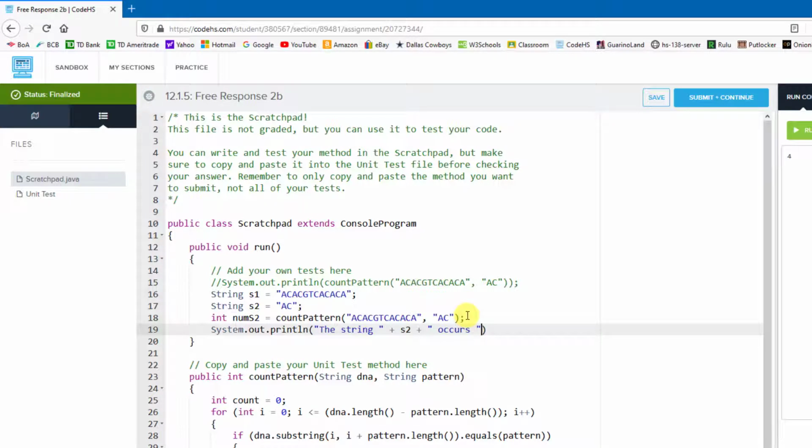So the string S2, so it's going to say in this instance the AC. So the string AC occurs plus how many times? num